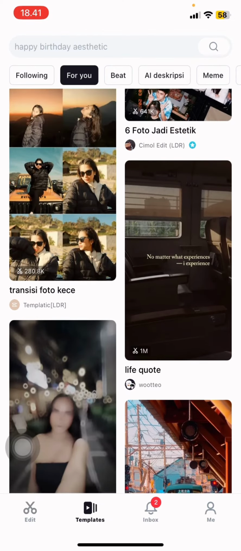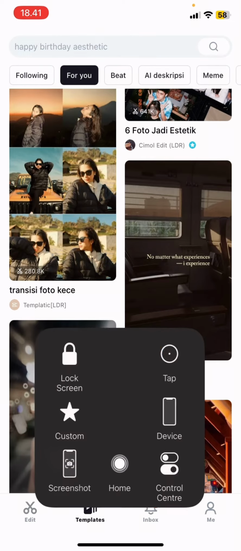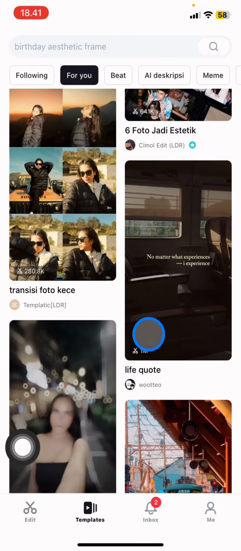viewers or likes. And here is the result. I already got one template with 1 million users for this template, which means that this template is quite popular. So you just need to click it to open it,